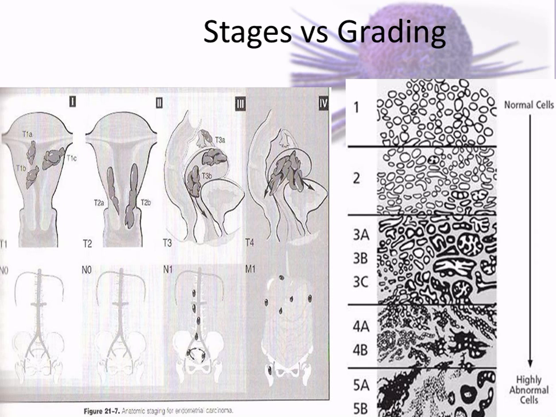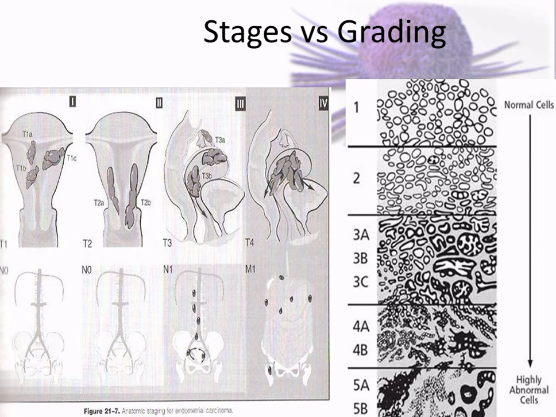When you start looking at those cells and they start changing and getting this anaplastic form, which is a weird form, this is going to be stage 2. If most of them are really deformed, it's stage 3. If they're extremely different, it's stage 4. If they look nothing like the original cells, we call it stage 5. And like I said, this varies so much depending on the type of cancer and everything.